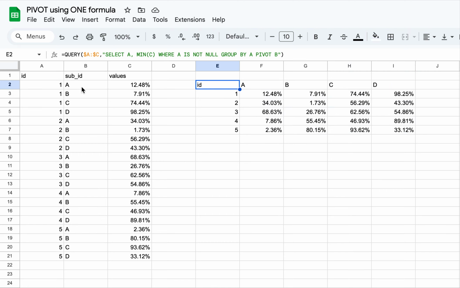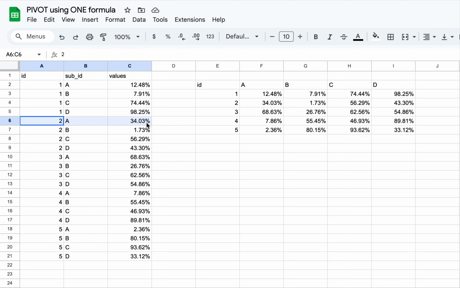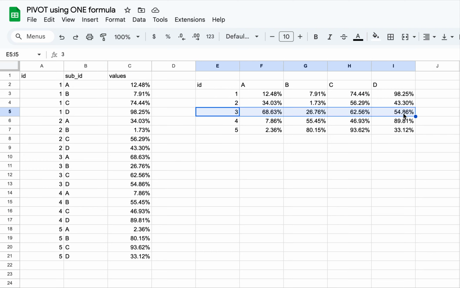For example, if you see 2A is 34.03, 2A is 34.03. If you see 3D is 54.86, 3D will be 54.86 as usual. One of the coolest tricks, and if you don't like pivot tables, maybe this function is useful for you